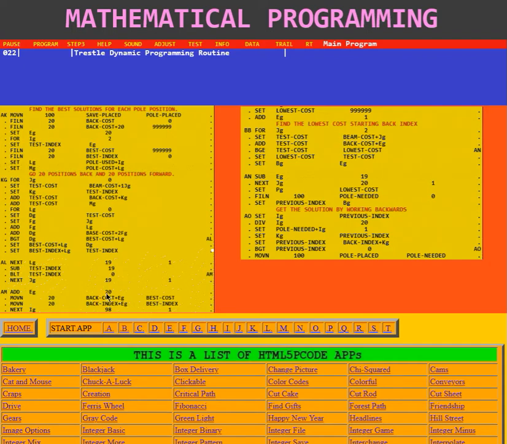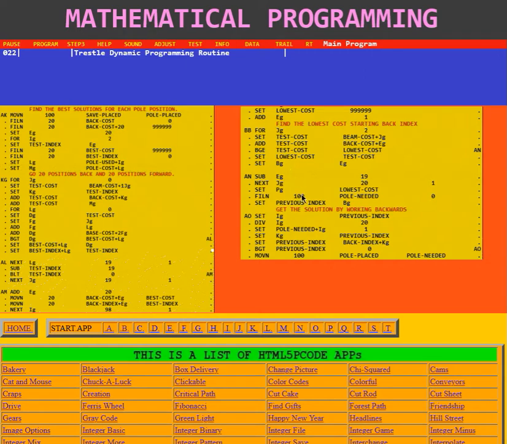Remember, e.g. gets advanced by 20 each time, so there's space to put it in there. And it also moves the back index of e.g., the best indexes. That's what it was creating here, so it knows how to go backwards. Then we go over to the other side here. It sets the lowest cost to a high number, and it adds to e.g. 1. Then for jg of 2,